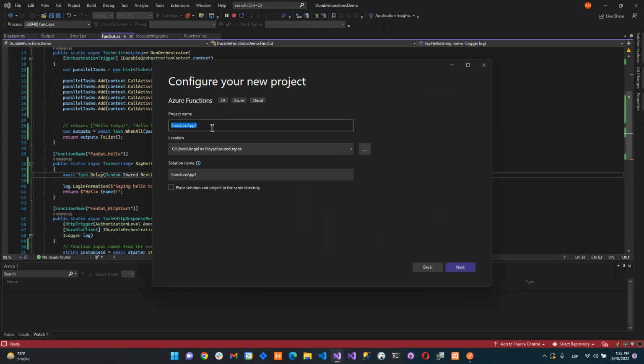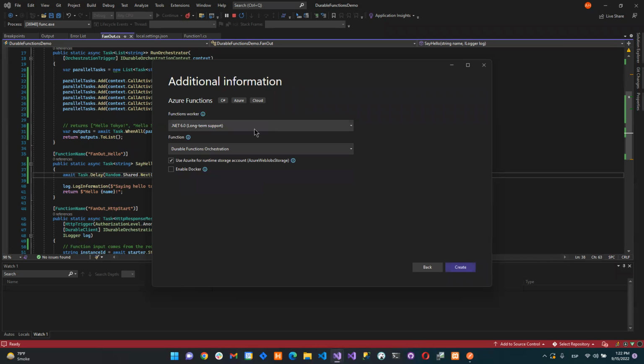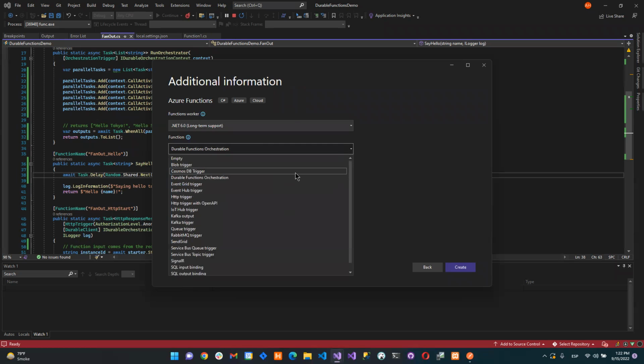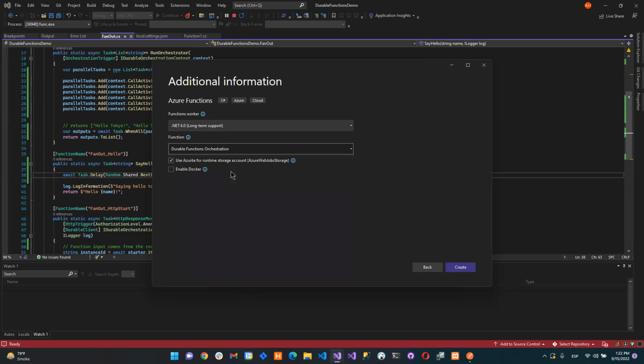You're gonna name your project, and it's going to ask you to add a function first. You can use these presets. There's already one for durable function orchestration. And like I said before,